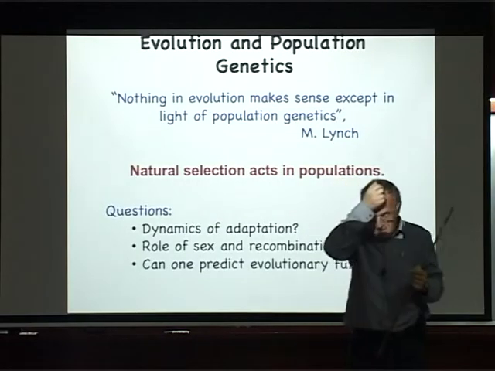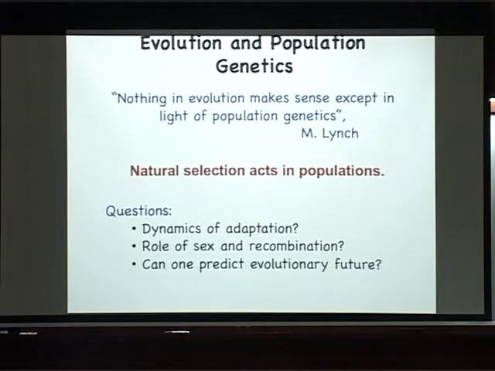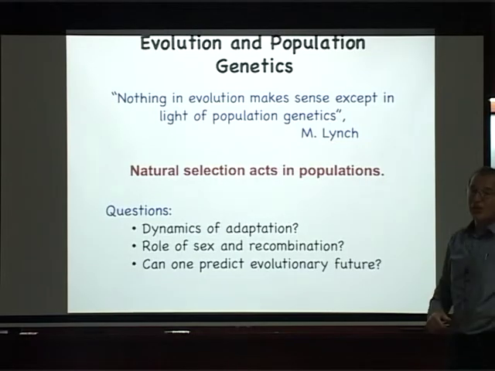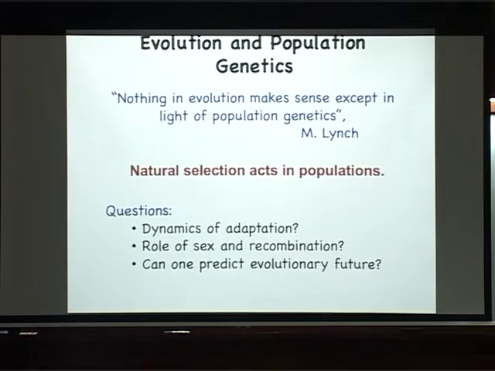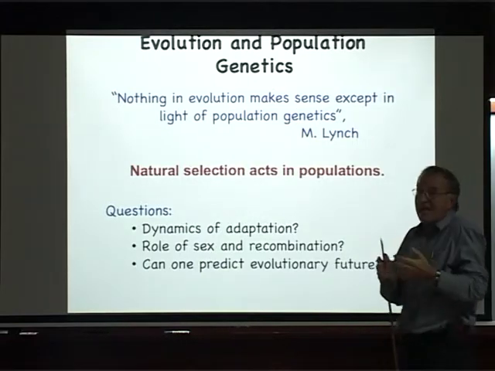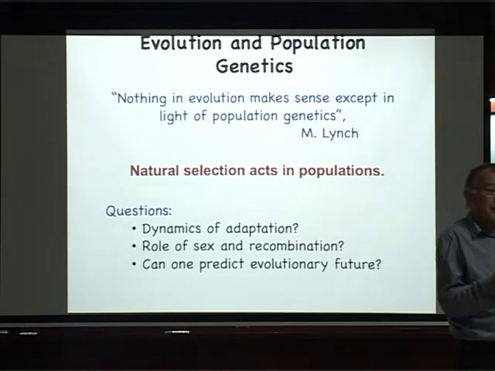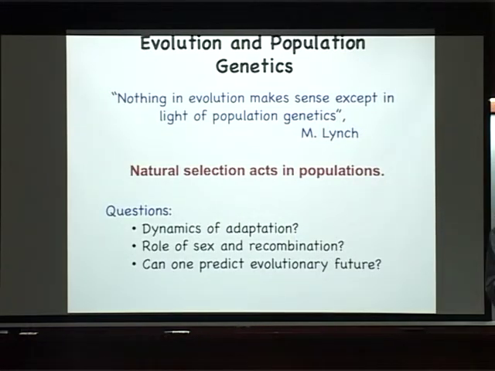So I gave you that very much abused quote of Dobzhansky, that nothing makes sense except in the light of evolution. But Michael Lynch, who is a population geneticist, transformed it into a statement that in order to understand the dynamics of evolution, we actually have to understand population genetics. We have to understand what's happening, right? We have to take this zoom objective and look at what's happening within populations.